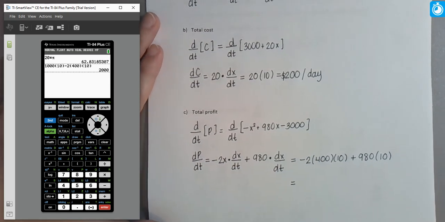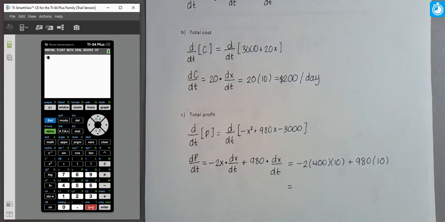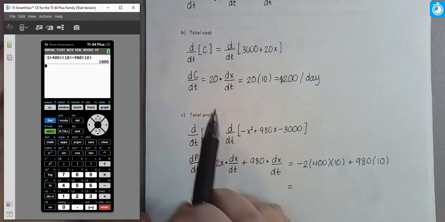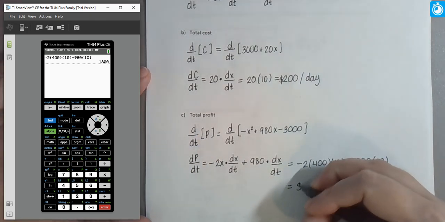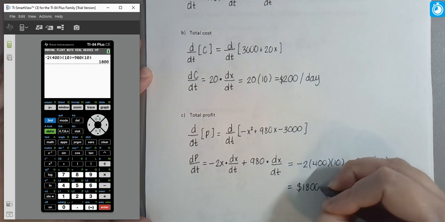And so if we plug this into the calculator, negative 2 times 400 times 10 plus 980 times 10. And we get 1,800. 1,800 what? Profit with respect to time. So dollars per